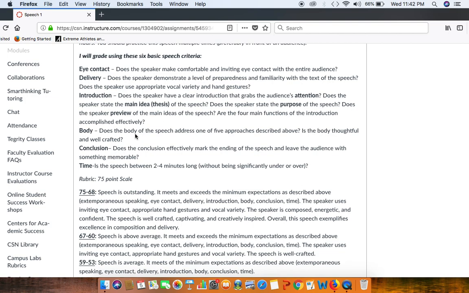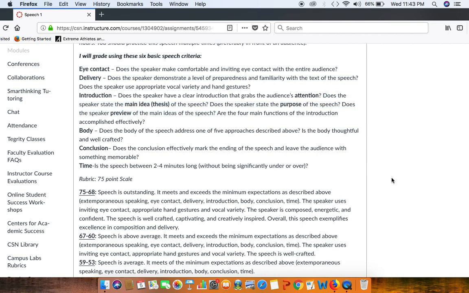The second thing you should do is simply tell us which prompt you chose. Does the speaker state the main idea, the thesis of the speech? Does the speaker state the purpose of the speech? Does the speaker preview the main points of the speech? For this speech, because it's the first one, and because you're probably telling some story about yourself, or about your culture, or about a person you look up to, or where you see yourself in 5 years, you should grab our attention and then simply tell us which prompt you chose. So